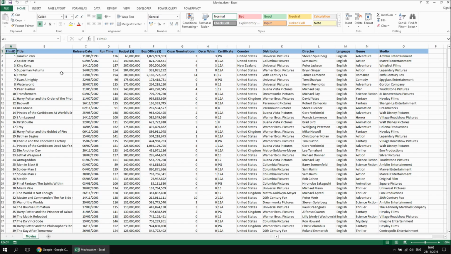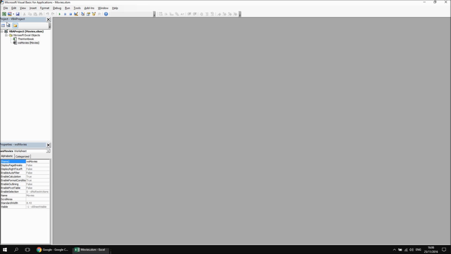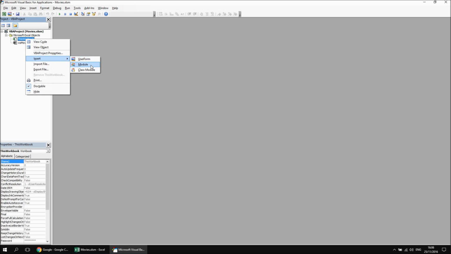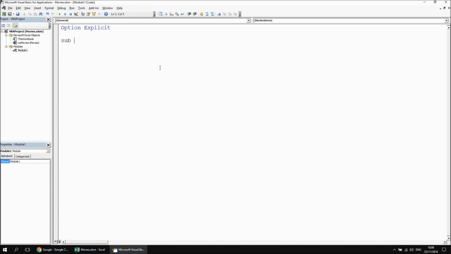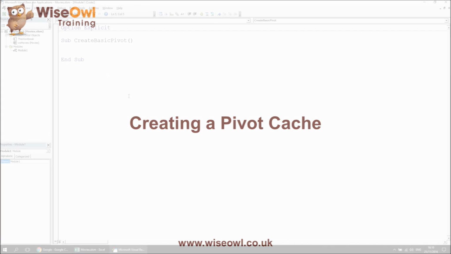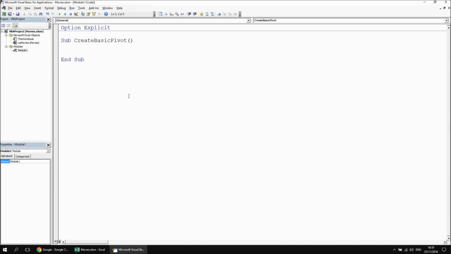So once you've got it opened up, you can head into the Visual Basic Editor, and in there we'll insert a new module, and the first thing we'll do is write a quick simple subroutine called Create Basic Pivot. The first thing we'll need to do is create a pivot cache, and this is true whether you're using an internal Excel data source or an external data source, as we'll do later on. So to help with that, I'm going to declare a variable called PC as a pivot cache class, and then I'm going to set PC equal to this